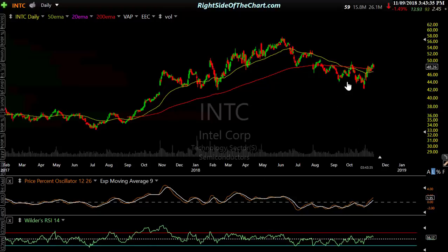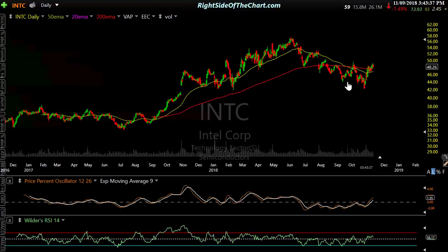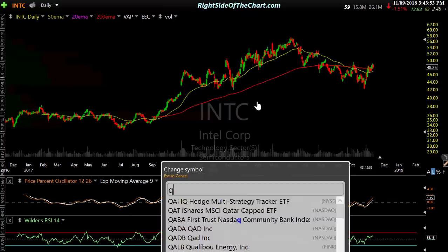still below there. So any one thing like that doesn't make or break, but if you continue to see more and more 50s crossing down below the 200 days on key stocks, that's not a good sign for the market. But as of now, there are quite a few above there, and as I just showed you, the most important thing really, just focus on the indexes for now,